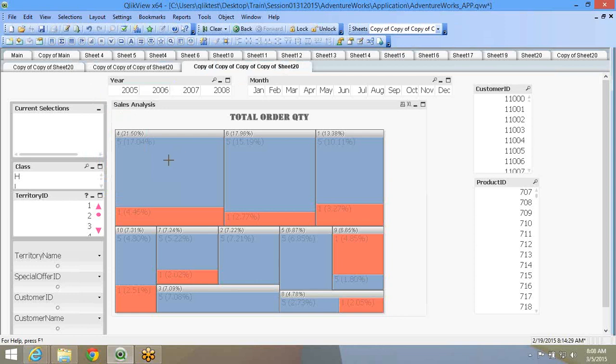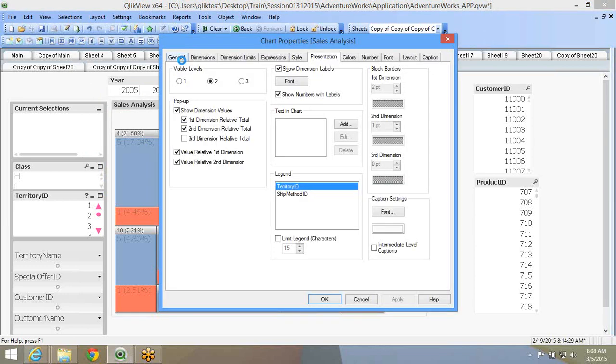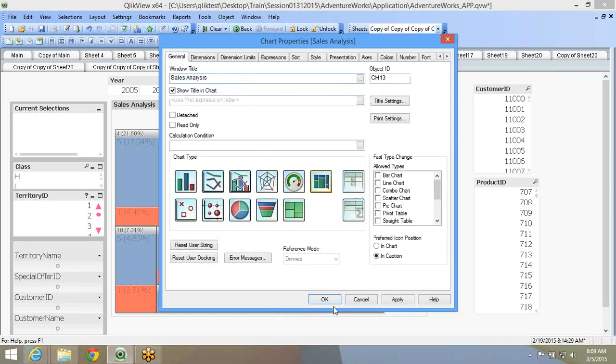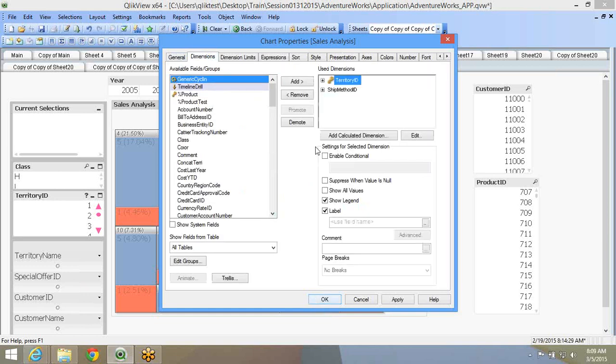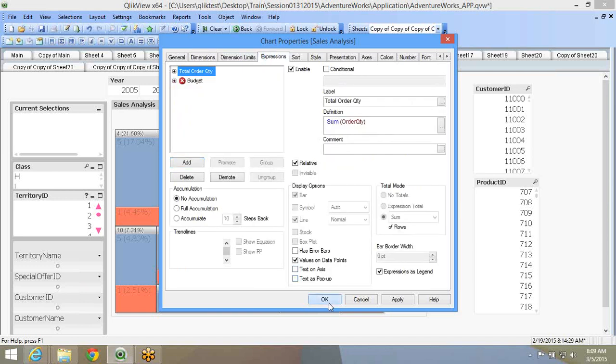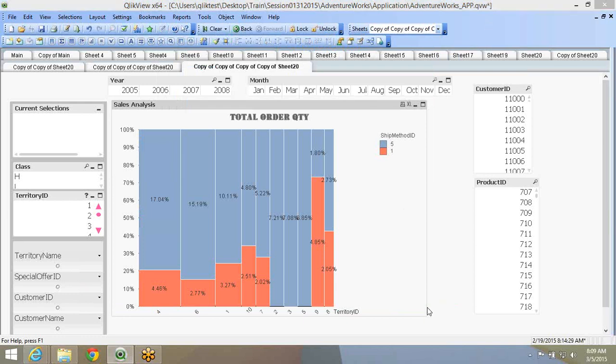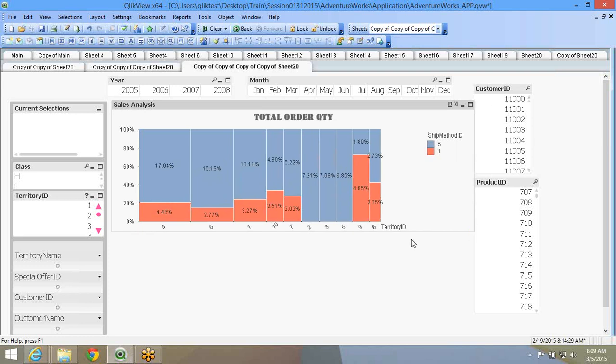The last similar kind of chart: if I copy the sheet and flip it to a Mekko chart, I'll keep these two dimensions: territory ID, ship method ID, and the expression, sum of order quantity. Now this chart is a little interesting, so it gives you more information